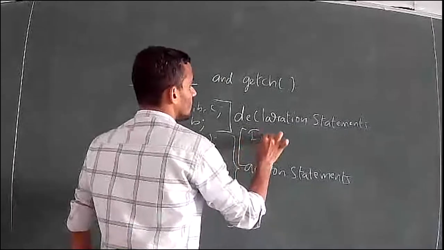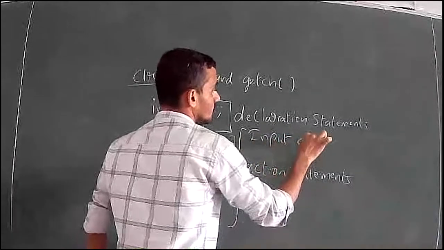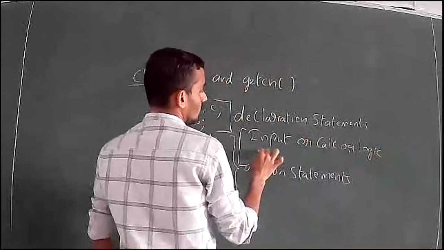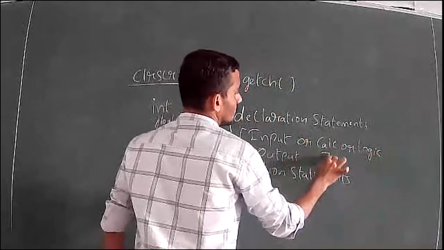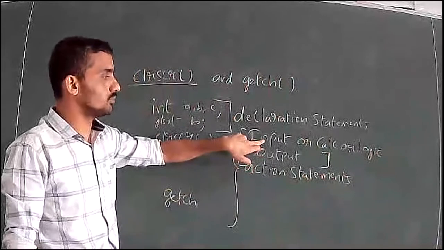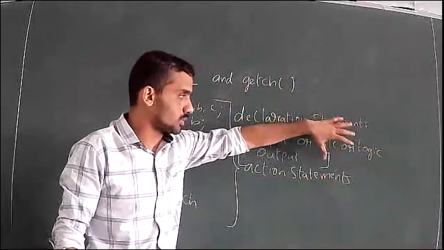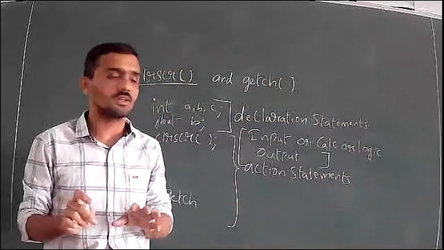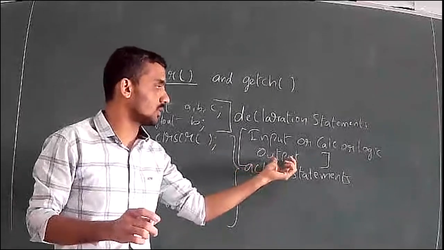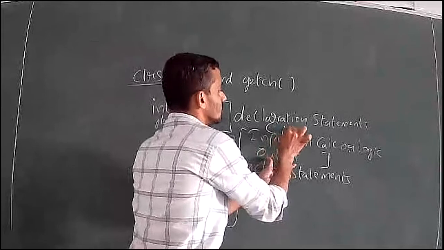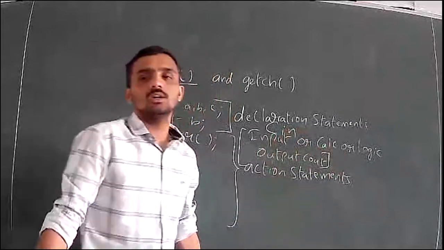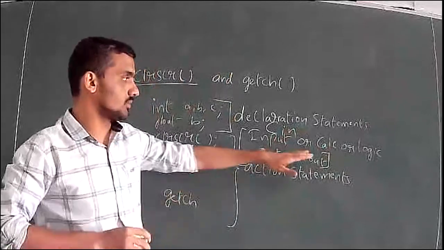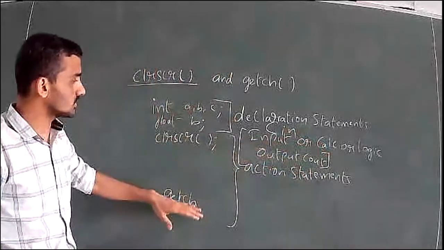Action statements in the sense, either we come across an input operation, or some calculations or some logic, that is processing, or output. If you come across input, calculations, logic or processing statements, using if, while, do while, for loop, goto, return, any keywords, any control statements, or output statements, where input means cin and output means cout. Other than this, you have calculations such as addition, subtraction, multiplication, or if you use a while loop, for loop, anything, any logic, any condition. From here to here, it is called action statements.